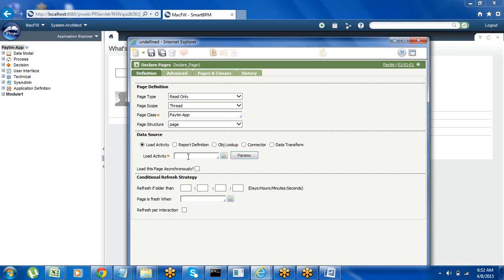Okay, we have to create one activity. This is the conditional strategy, which decides when the data should automatically update. Whatever they give in this, it will automatically refresh the database and update the latest data in the data table. And we have to create one activity here. Before creating the activity, I want to create one data table.